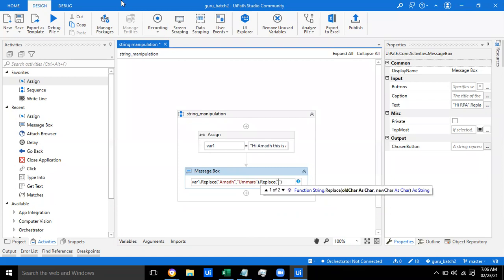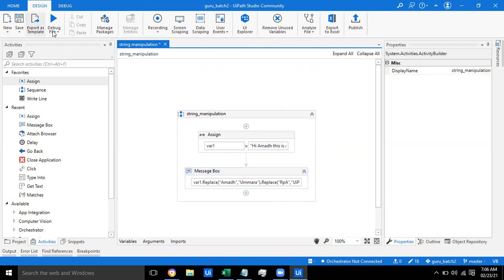Now are you clear with this replace concept? I'm going to replace RPA with UiPath, right? So let me run this file, guys.